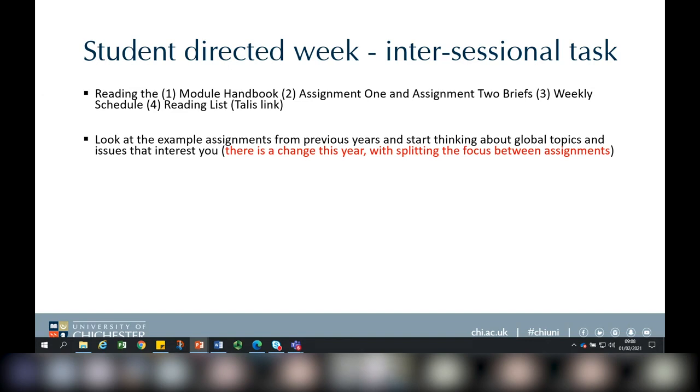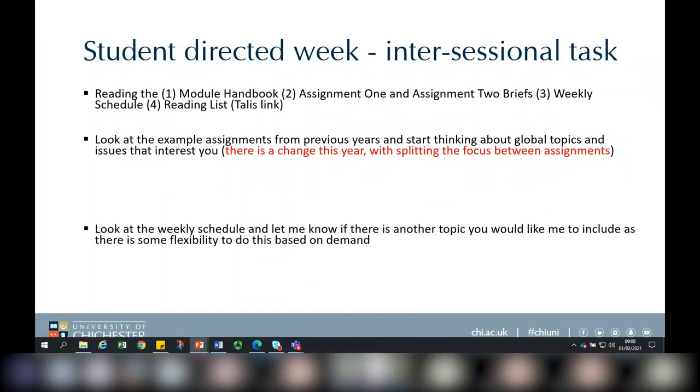But when you did look at some examples, an important thing to be aware of is that we changed the assignment slightly this year. So assignment one is really about writing a report about the global topic and the sorts of decisions businesses and other organisations need to make and how they might do that. Whereas the presentation is really an extension of your paper, but focusing on what global organisations are doing within that subject that you're researching.